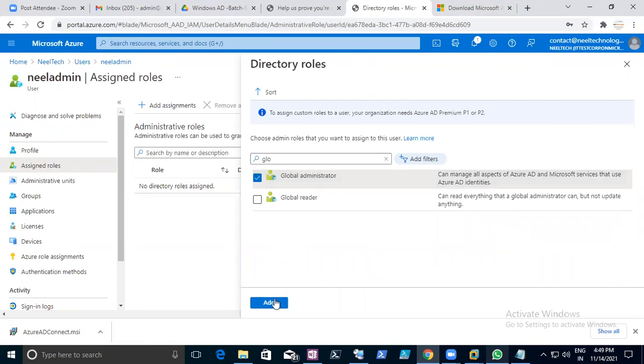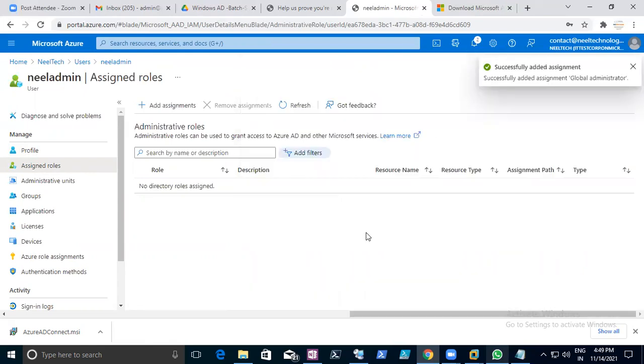Global administrator. Add. You should be able to manage my domain. This must be required. Done. Now you can just go back. Neil admin, assigned role. Just refresh.